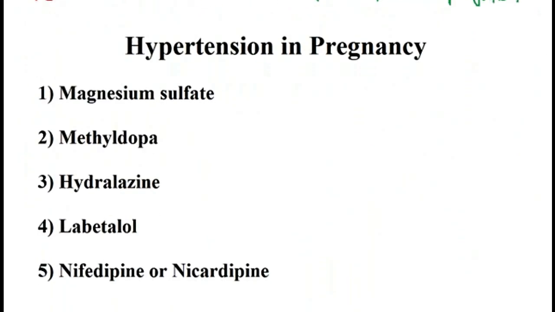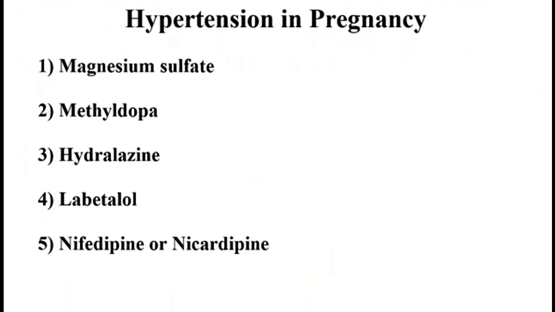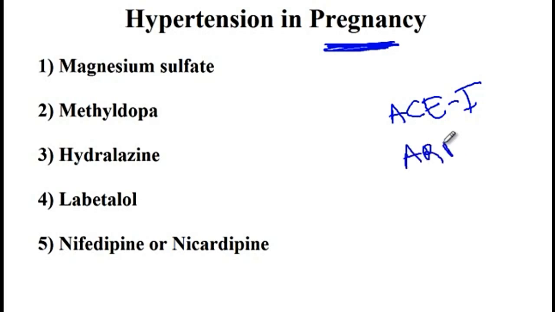Next, I would like to discuss different classes of medications that you can use for the treatment of hypertension during pregnancy. So during pregnancy, you got to be careful to provide a medication not to harm the fetus. And you have to avoid ACE inhibitors as well as angiotensin receptor blockers because they would cause the renal dysplasia of the fetus, and thus it would cause